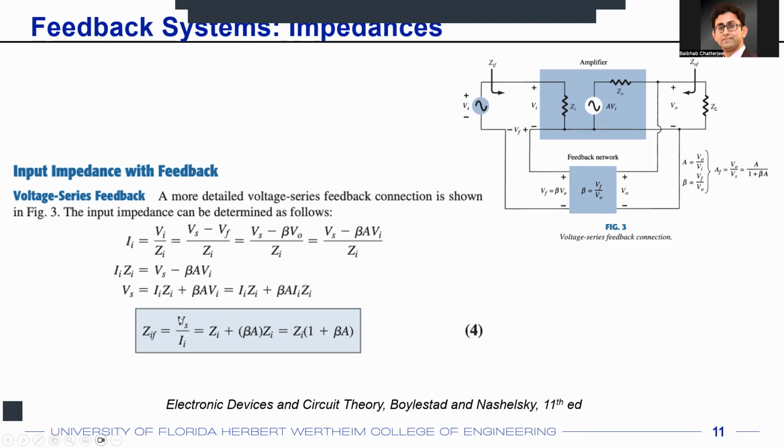And from here, you can find out the ratio of Vs over Ii, and you'll see that Vs over Ii becomes Zi times (1 plus beta A), or 1 plus A beta. What does that mean? Originally, just for the amplifier, your input impedance was Zi. However, when you use this voltage series feedback, your overall input impedance increased. So Vs over Ii, that if you look at